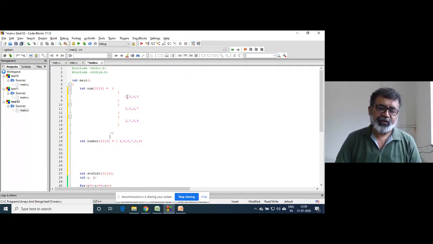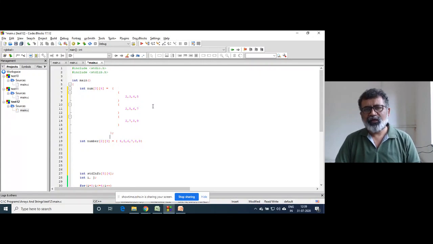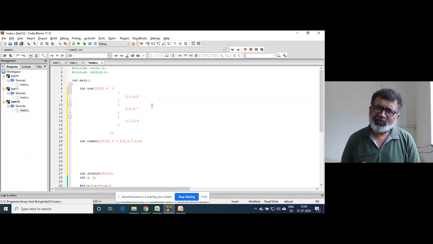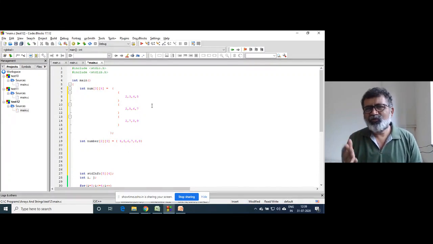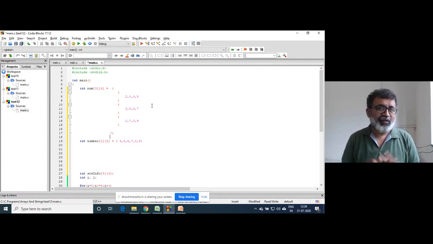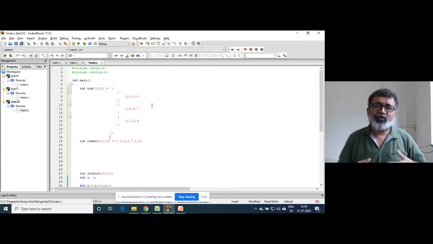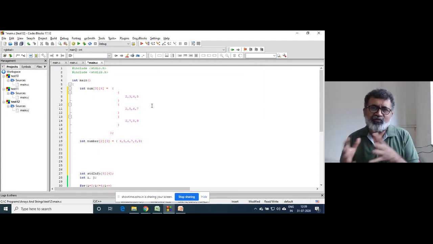But here, you should know this. As far as double dimensional array initialization is concerned, in some programs a double dimensional array has to be initialized. Some date and month kind of programs are there. I mean, some data is fixed in this world. The number of days are fixed, the number of months are fixed. So that's why we want to initialize that, while solving programs where date or month was required. In that case, the double dimensional array is initialized, right?